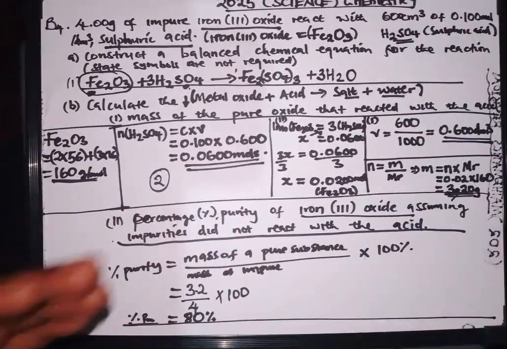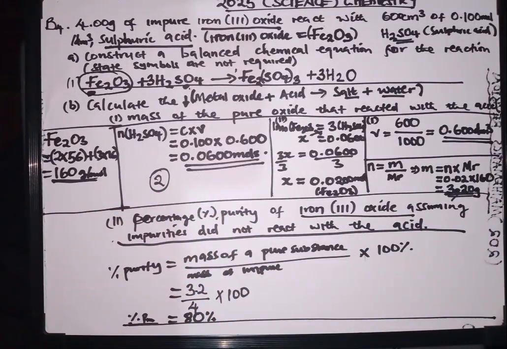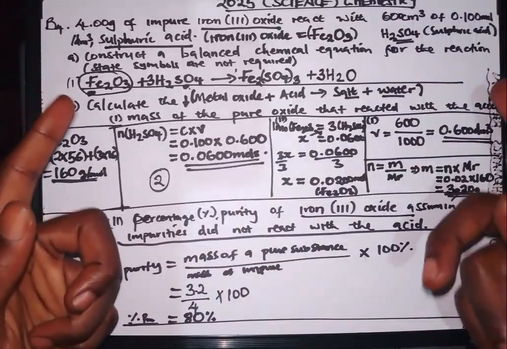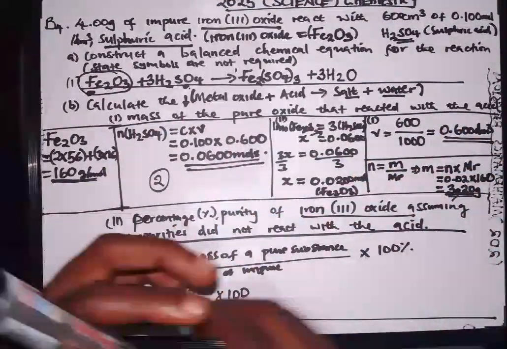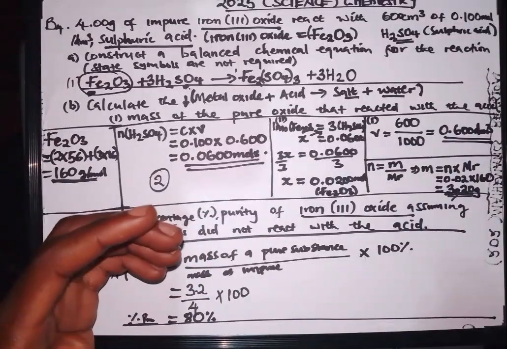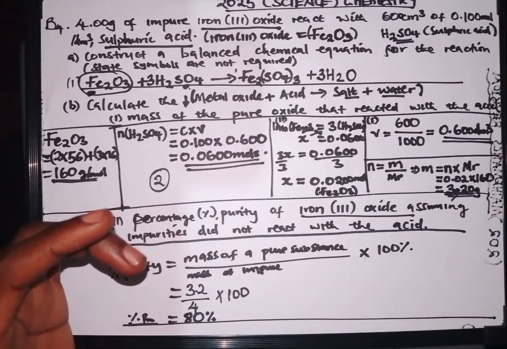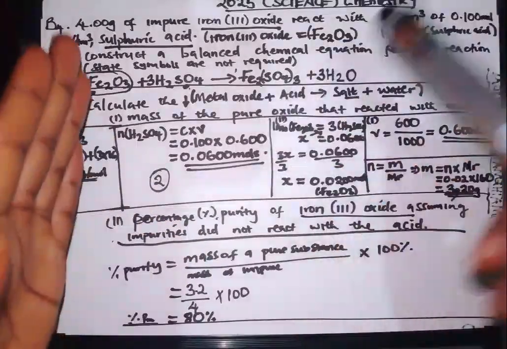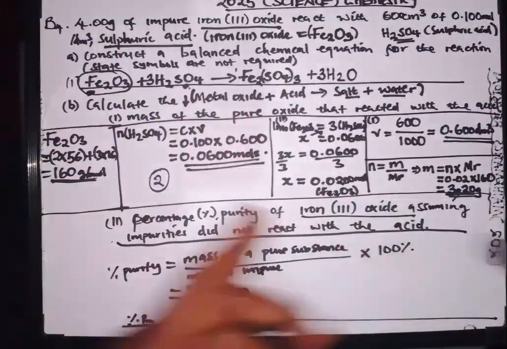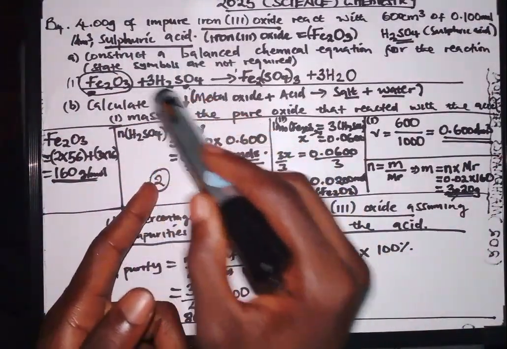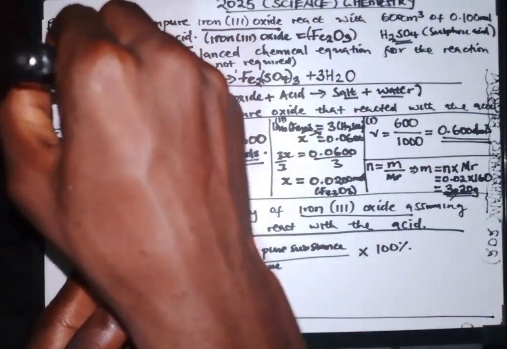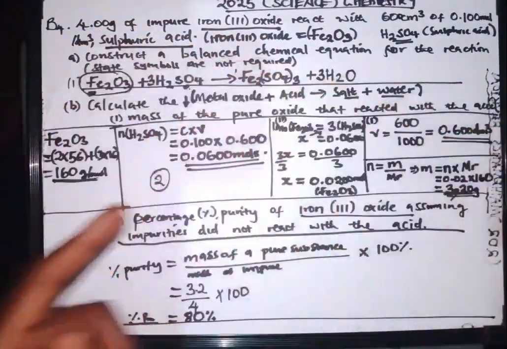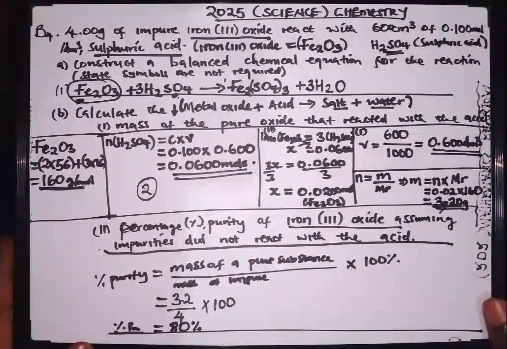You compare the number of moles. So how do you know now which element to use when you are comparing? So always use the element you have calculated the number of moles for. For example, in our question, the number of moles we calculated was for sulfuric acid. So you need to compare sulfuric and the element you're calculating. Yeah. So this is where my